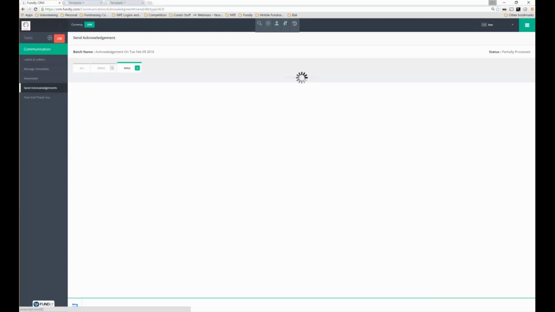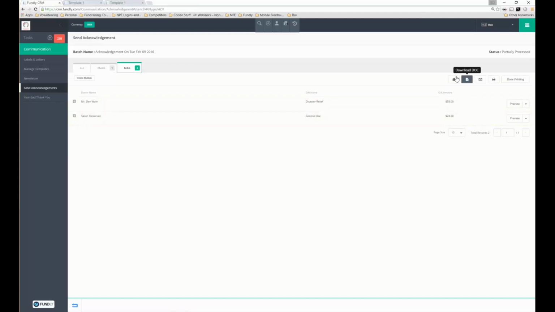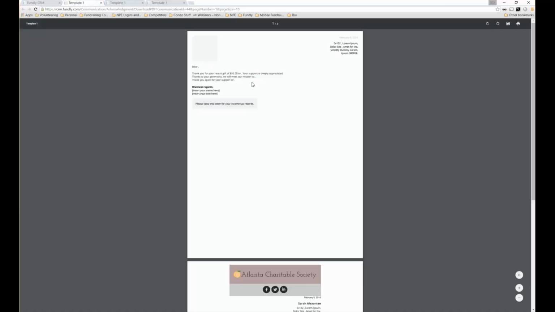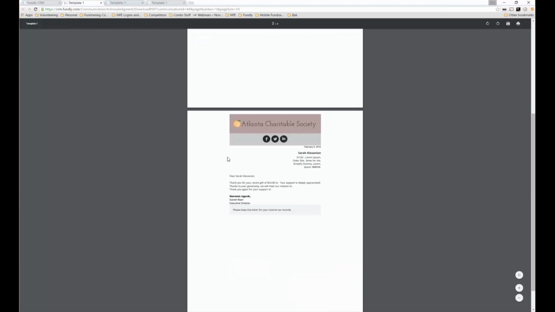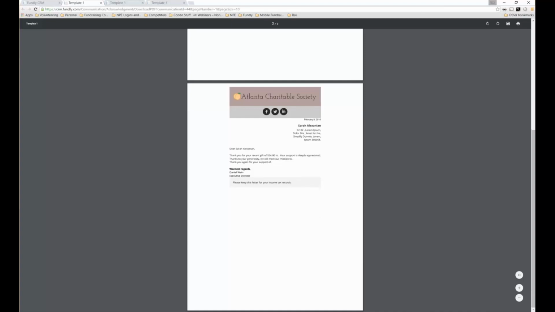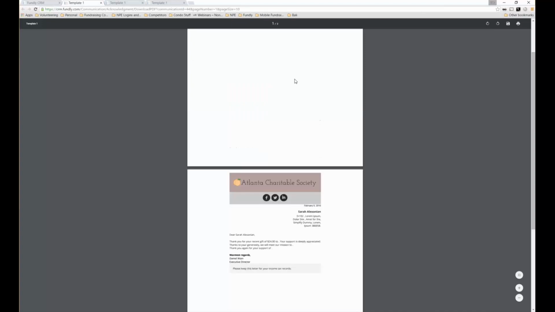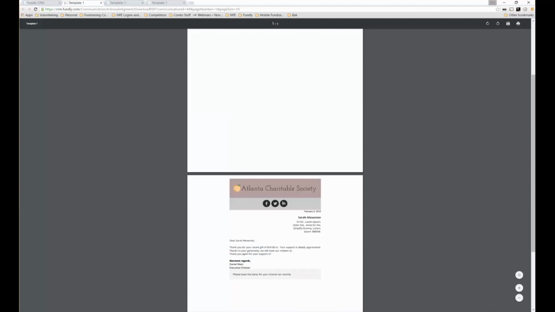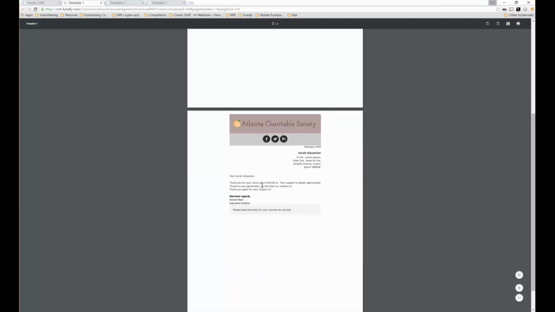You could do multiple emails at once, obviously, and then you can also download the snail mail. So if I want to download a PDF of what's going to these two donors, I can do that. So this will show two acknowledgments going out to Dan and to Sarah. The reason you see two different acknowledgments here is they gave to two different funds,